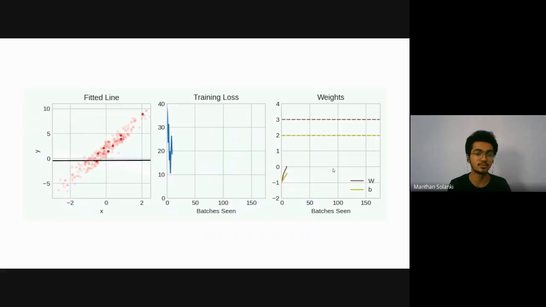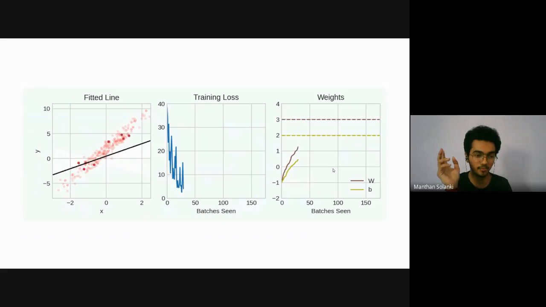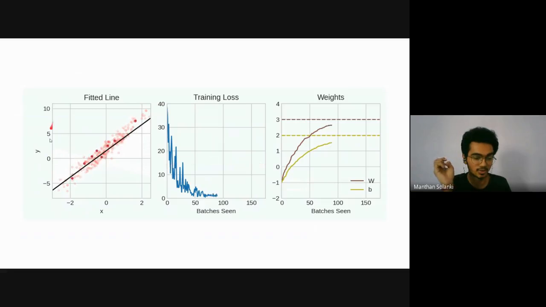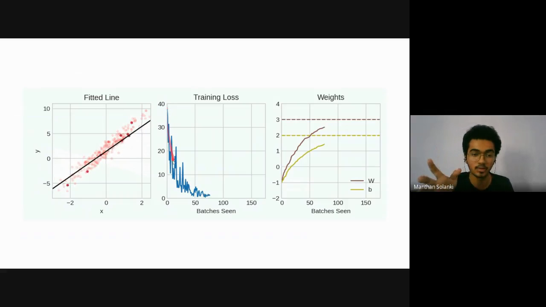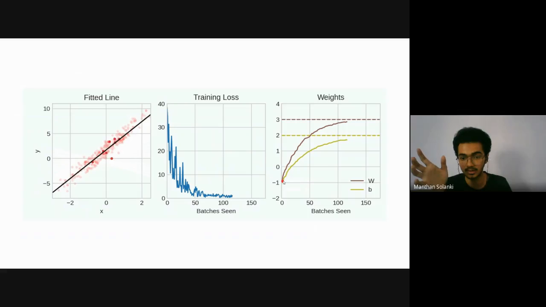So this is a brief idea of what happens during the training steps. Look at this first graph. We have this particular line. We started with a random weight and bias. At that time the training loss was very high, because our model didn't learn the parameters very well, and our weights look like this.